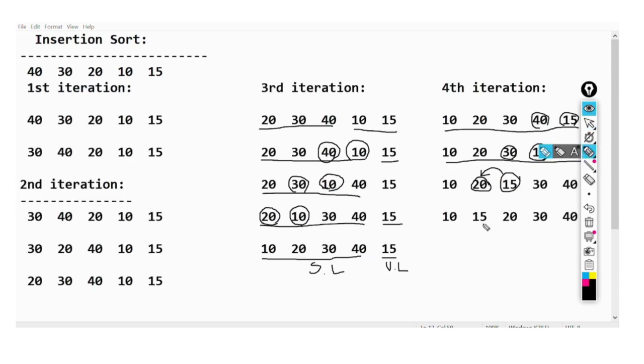Now this element is compared again with the previous element. So these two elements are checked here. 15 is greater than 10, so 10 is less than 15, right? So there is no requirement of swapping. So the sorted list, finally we got the sorted list, that is